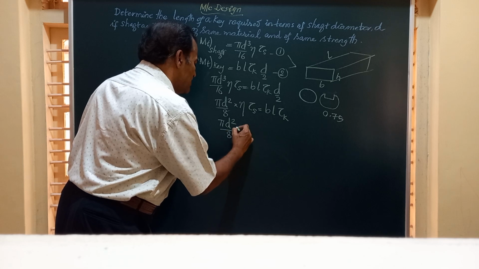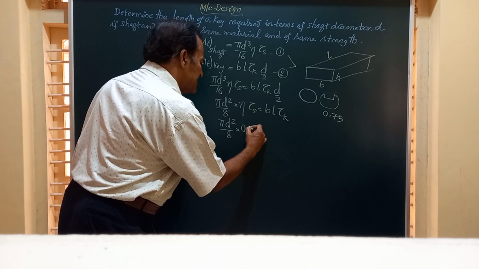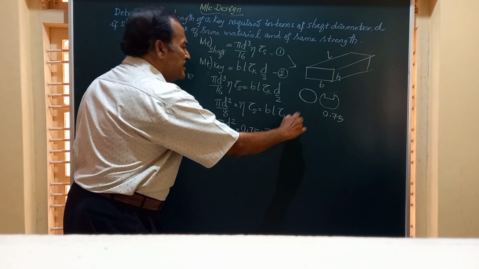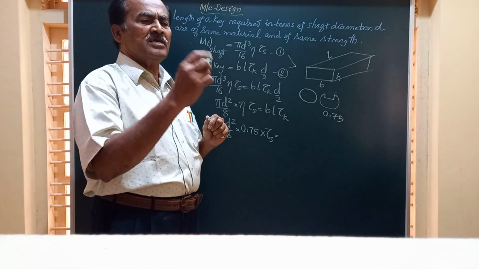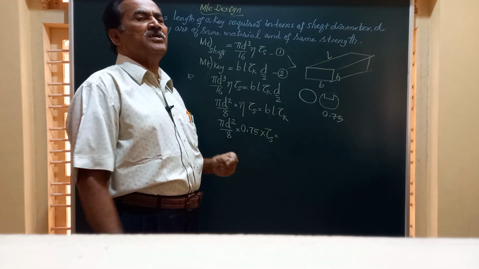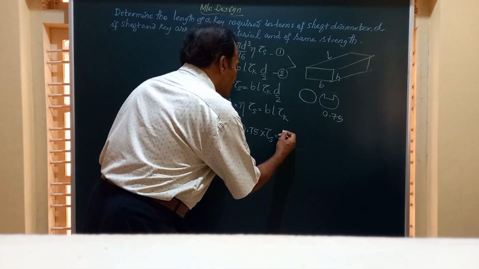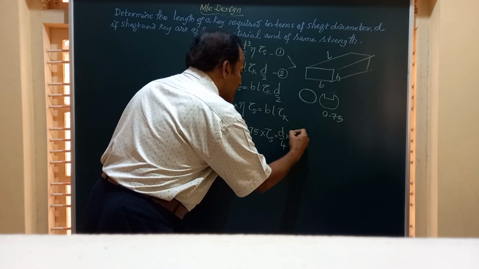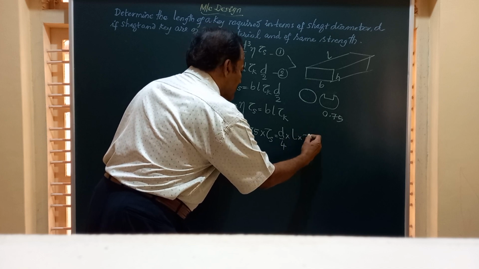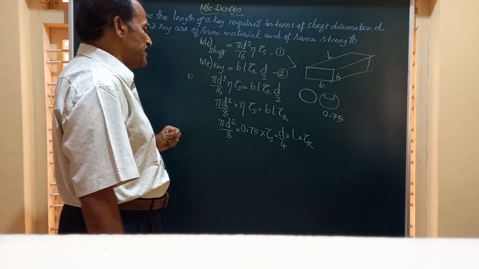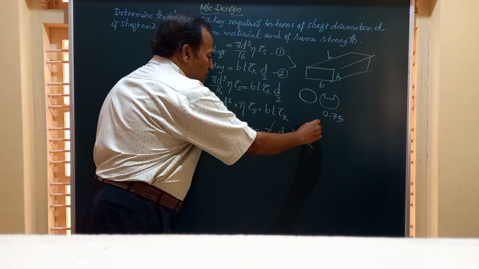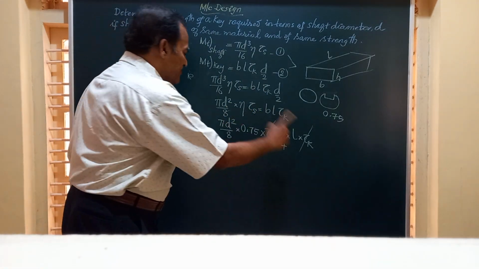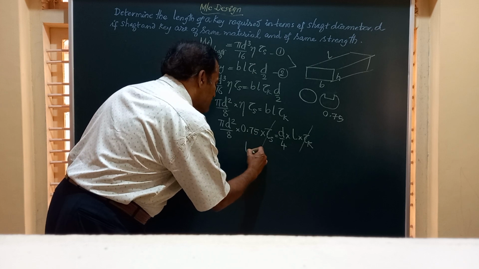Pi d square by 8 multiplied by 0.8 or 0.75 you can take, doesn't matter, into tau s is equal to B L into tau K. Friends, a thumb rule says that the value of B is generally d by 4. So this is d by 4 multiplied by L multiplied by tau K. With this assumption, friends, we can cancel this tau s and tau K because the shaft and key are made of the same material. And friends, if you simplify this, you will be able to get the expression L is equal to